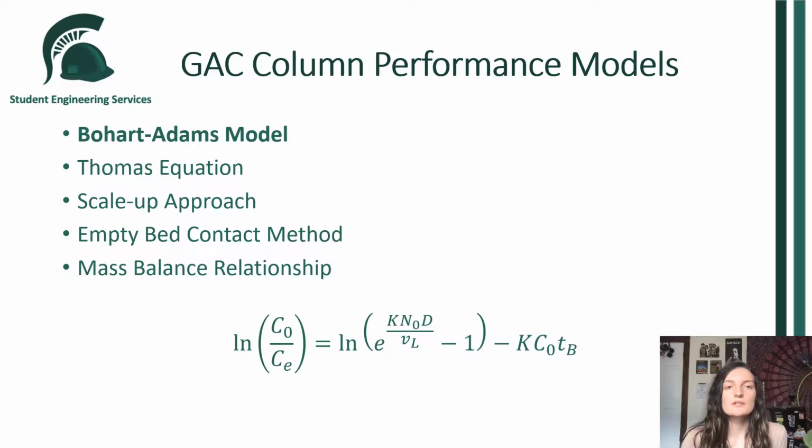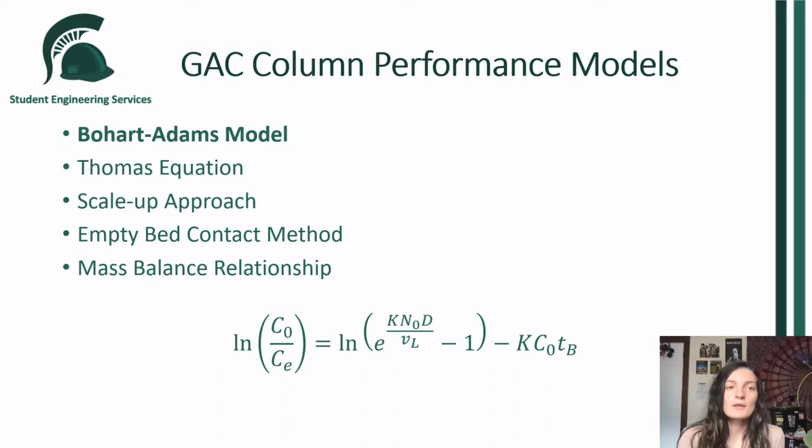When designing a GAC column, there are several different models that can be applied to evaluate the performance of the carbon in removing the targeted contaminant, and these include the Bohr-Adams model, the Thomas equation, the scale-up approach, the empty bed contact method, and the mass balance relationship. During the process of writing my literature review, I thoroughly examined all of these methods and learned how to apply them, and I decided to use the Bohr-Adams model for my design because it allows for flexibility and is relatively